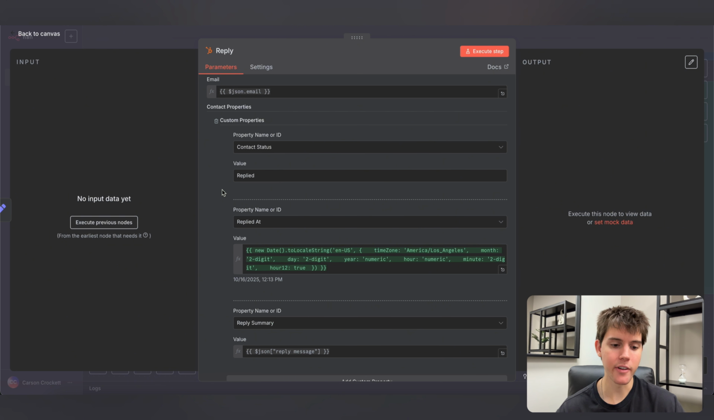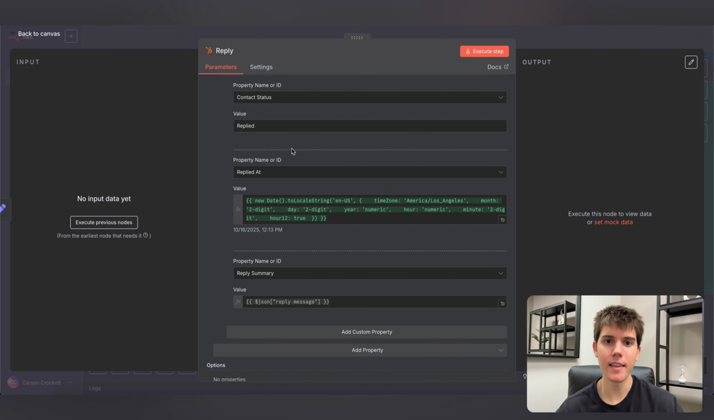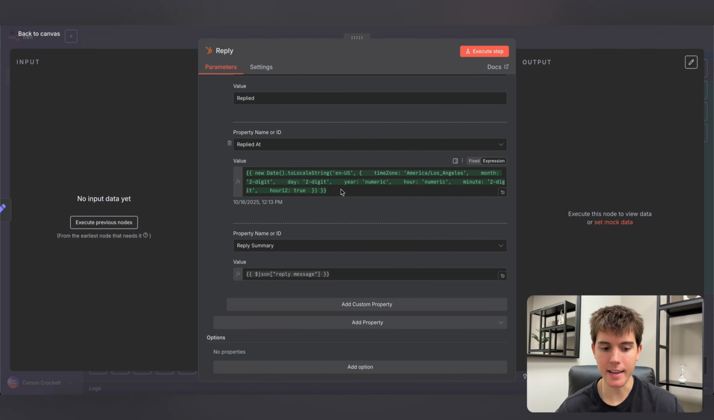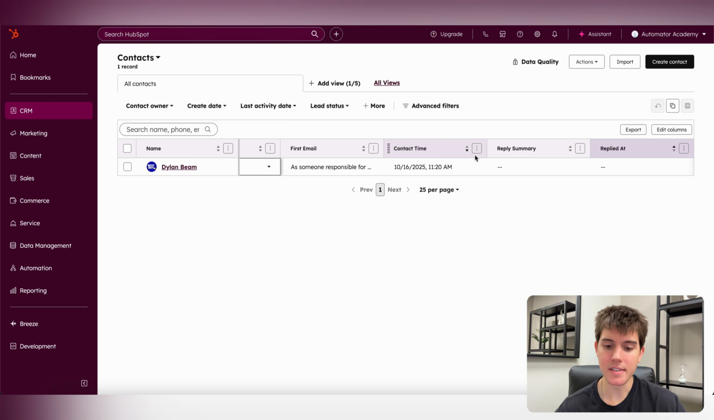are mapping these variables. So the contact status we are updating to replied. We're adding the date and time of the reply. So that is just done with this variable right here. And then the reply summary, which is going to be the exact message that the lead responded with. This way we have all this information inside of the CRM. So you can see here we have the columns for reply summary as well as replied at, which is the